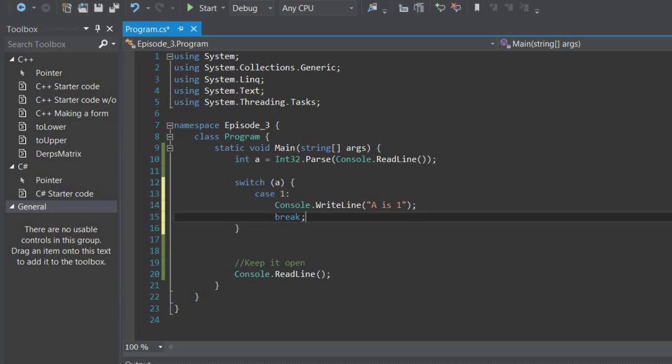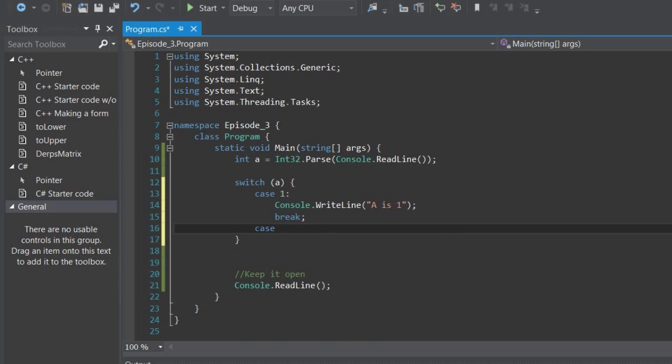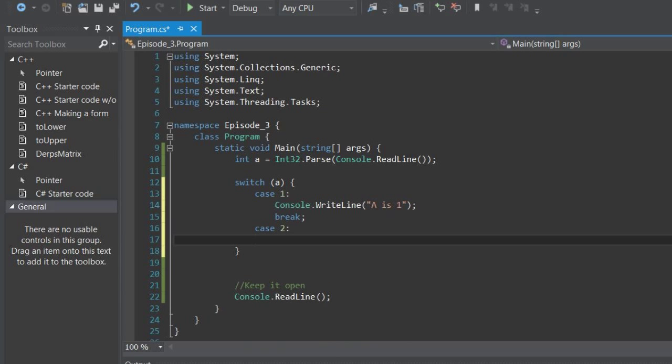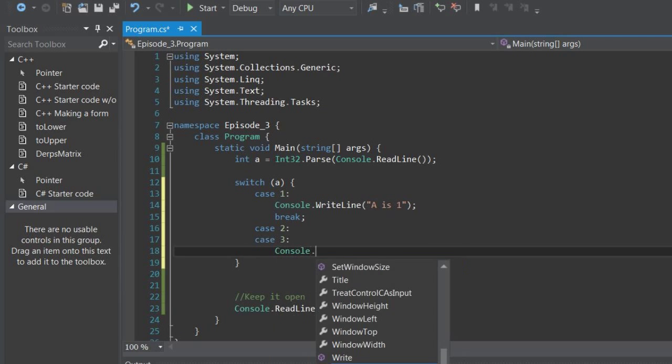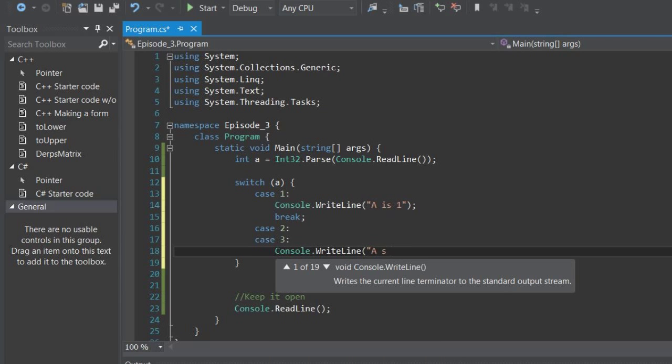But case 1 break, so then or we could do case 2, case 3, console.writeLine A is 2 or 3,